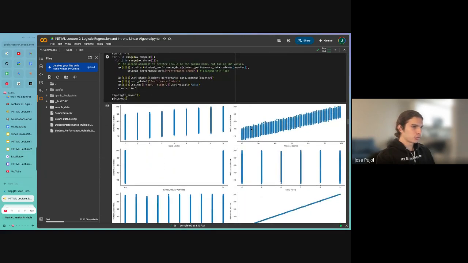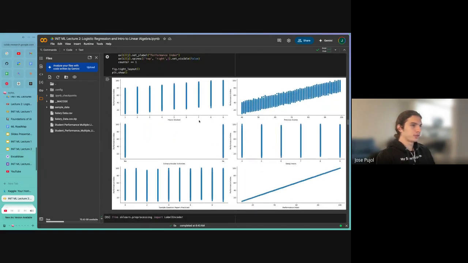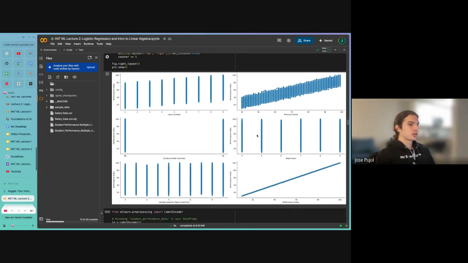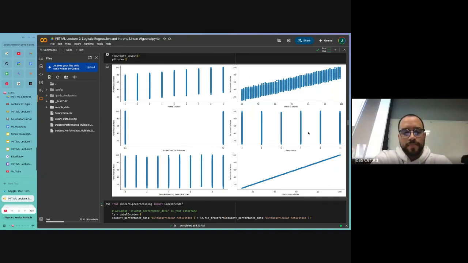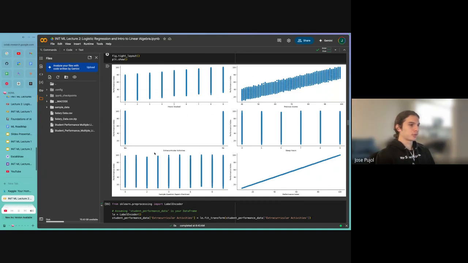And then here, I also just want to plot the individual features in relation to the output value that we want, the performance index. You can see that with hours studied, there's almost an upward trend: the more you study, the better you do. Same thing with your previous scores. If you've previously done very well, you're probably going to do very well. Sleep, you probably don't see it well here, but there's probably a higher concentration in here, it's just not as reflected in the scatter plot.